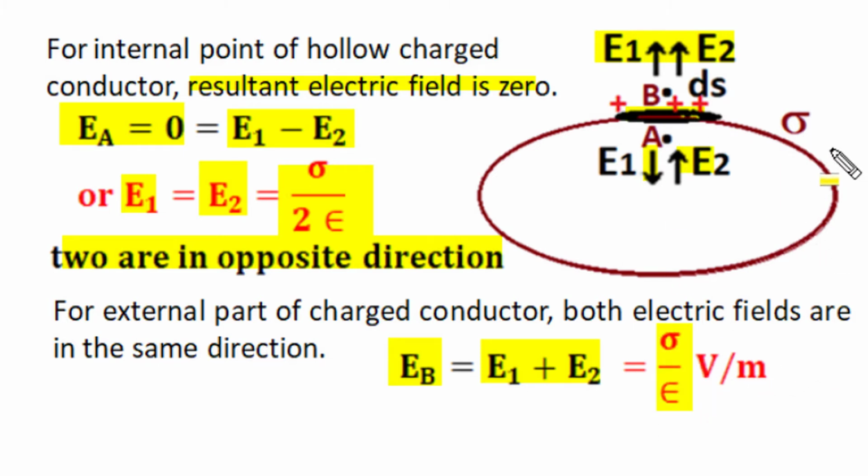So at positions where surface charge density is higher, that means at sharp corners, we will have a higher value of surface electric field, and for a flat surface having a smaller value of surface charge density, the external resultant electric field would have a smaller value. But the electric field external to any closed surface is directly proportional to surface charge density and is given as a ratio of surface charge density to permittivity of the medium.